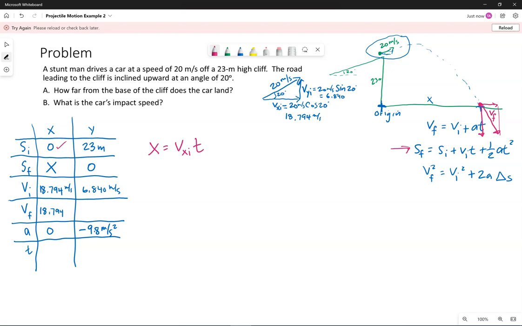That final distance, that horizontal distance the car has traveled, will equal that velocity in the x direction times the amount of time it takes to hit the ground, which we don't know. So we do need to find the time in order to answer part A. Well, last time we had to use the information for the y direction to solve. So let's look at what's going on in the y direction. If we look at the same equation for y,